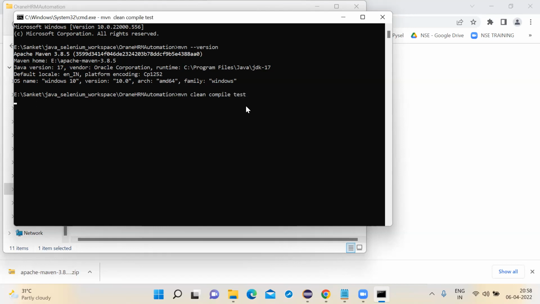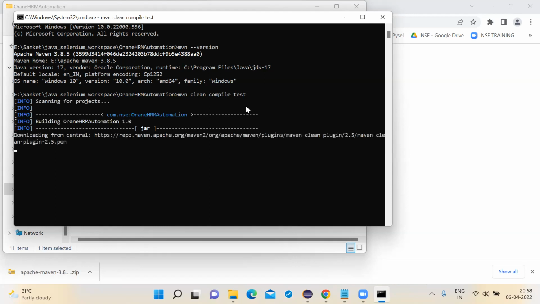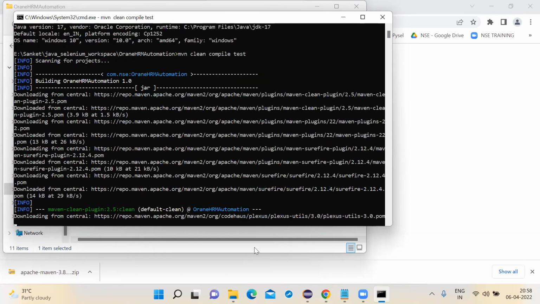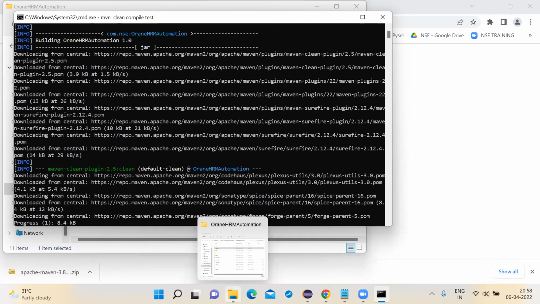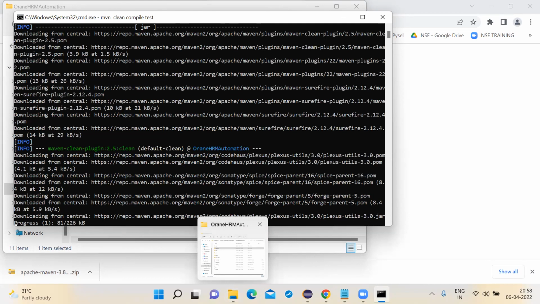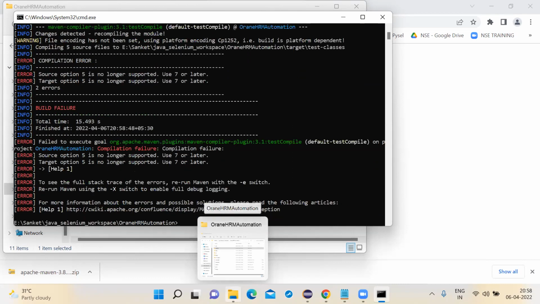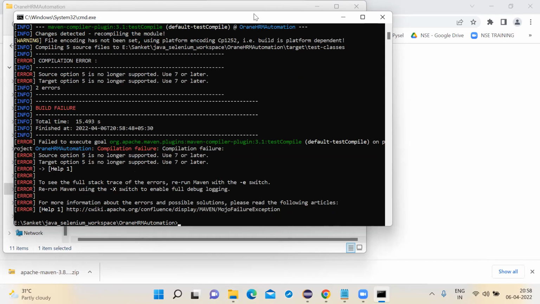Run it. It should clean the target folder. You'll see the target folder will be deleted, and it will download all the files and trigger all the test methods you have configured. So using this command only, we'll try to configure Jenkins.